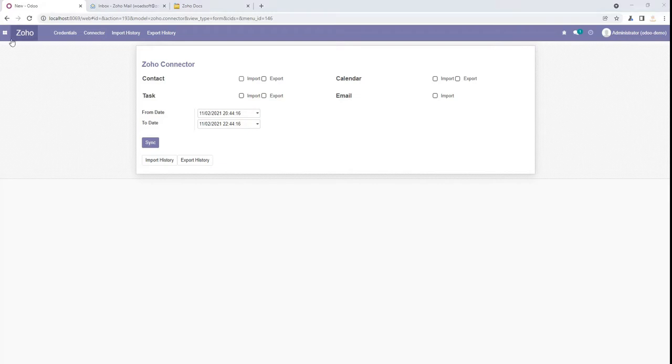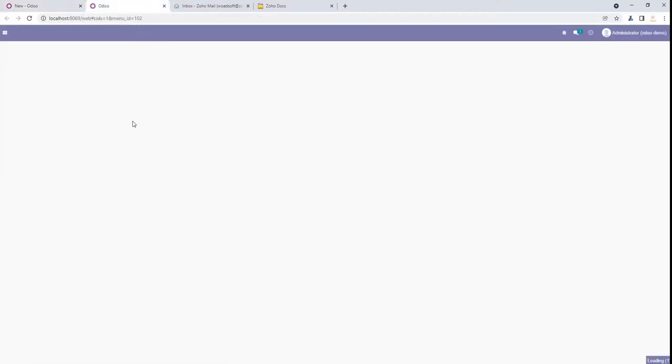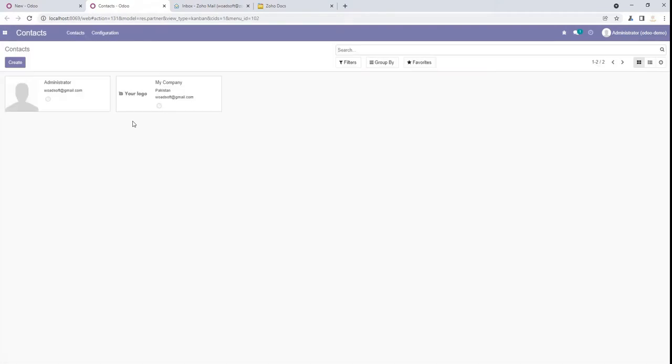I just open Contacts in a new tab to check the contacts. As you can see, we have only two contacts in the contacts module. So we will create a new one.